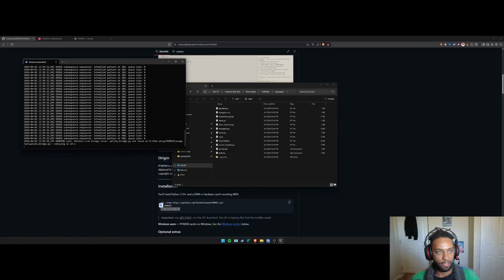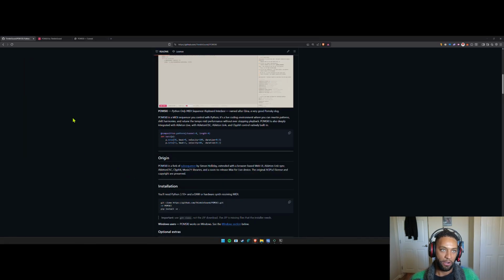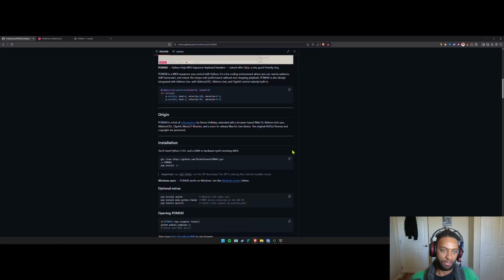If you don't have Ableton OSC installed, you might not see this same setup here. It might just be a terminal window and it doesn't appear to be doing anything. If that's the case, that usually means that POMSKI is running in the background and everything is fine. So at this point, we're going to go back over to our browser window, and if you scroll down, you'll see